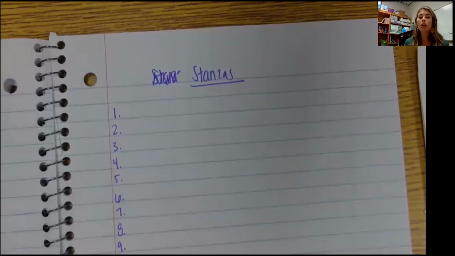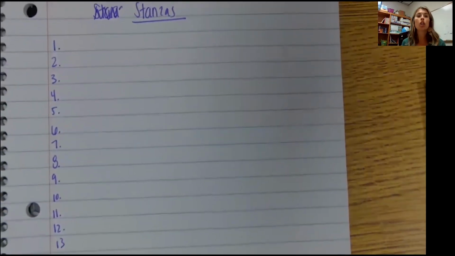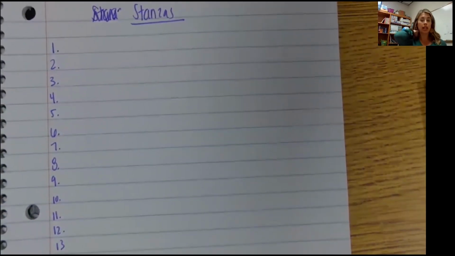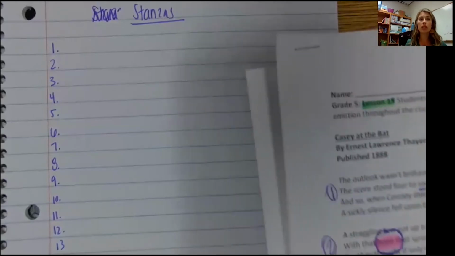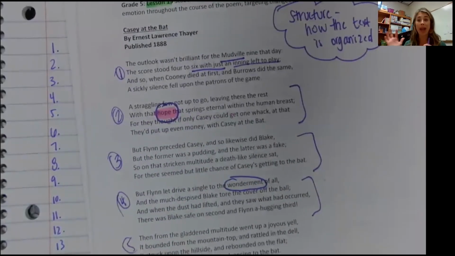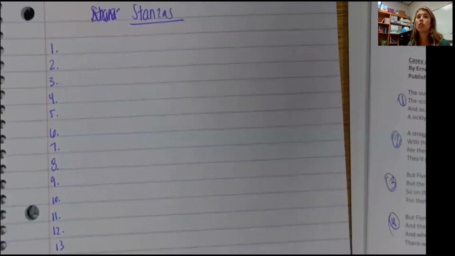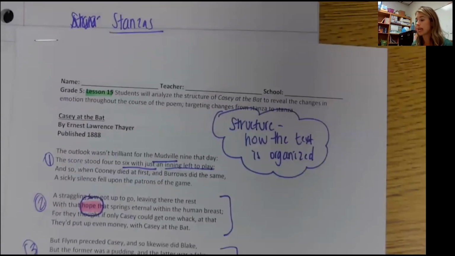Now, what we're going to do for our stanzas here is we are going to start charting each stanza from the perspective of the fans, either hope or despair. We want to really see how the author uses the structure of the stanzas to show how the fans' emotions go back and forth and back and forth. So let's quickly jot down the fans' emotions in stanzas 1 through 4. Are you ready? In stanza 1, what were they feeling? In stanza 1,